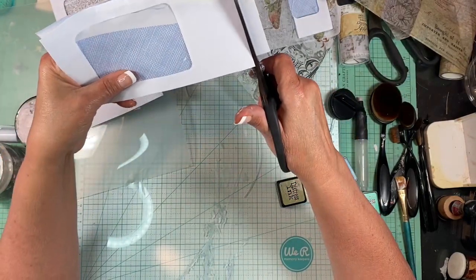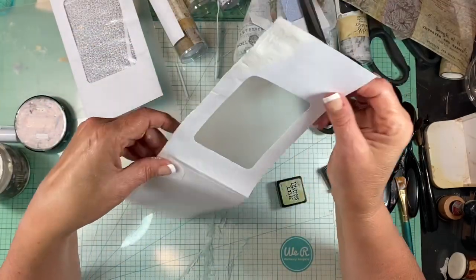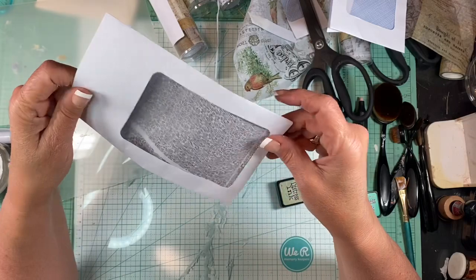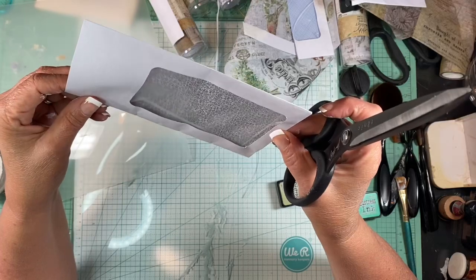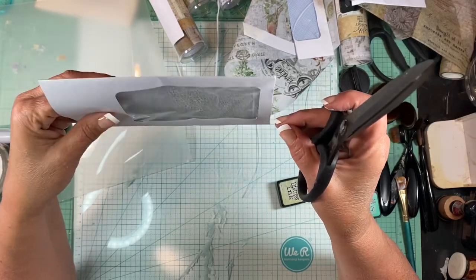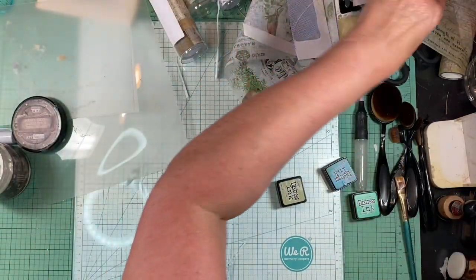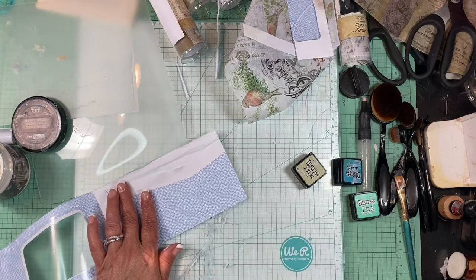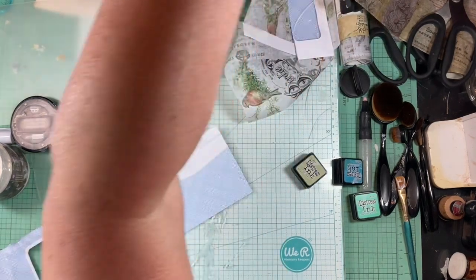And I went ahead and gessoed these up. So they're ready to go. So this is the one we're going to use. And then here's another one. Now on this one it's not opened up, so I may open it up, because I do want to do the inside. I'm trying to think how I want this to. I may not open that up. Alright, I'm going to go ahead and do this one first. But because I opened it up and I want something in the background, I am going to put a background something in there. So I don't know what paper. I might just put